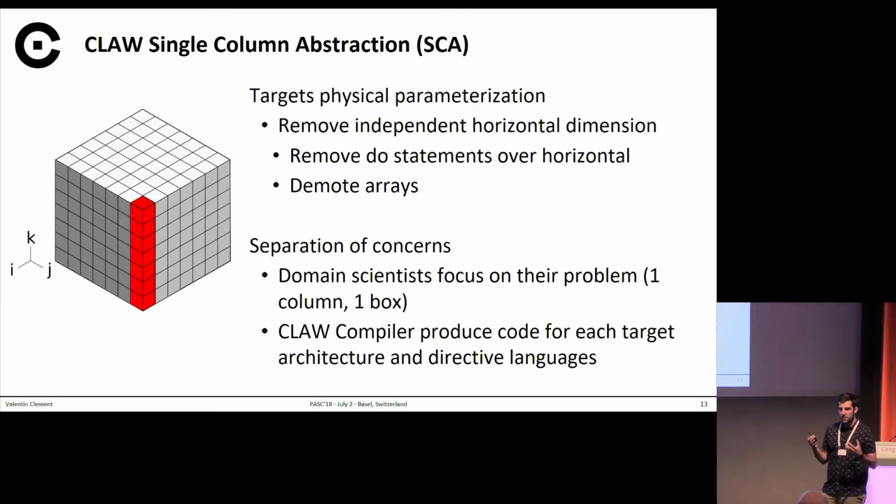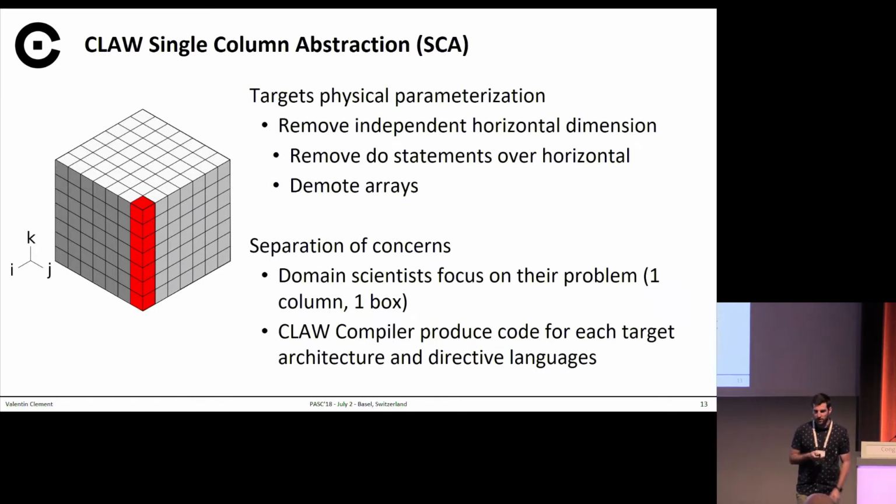So with this idea in mind, we decided to completely abstract the horizontal grid points and let the domain scientists focus on the algorithm for just one column or even one point in the model, and have a tool that is able to know the target architectures and handle the transformation from this single column abstraction to performant code